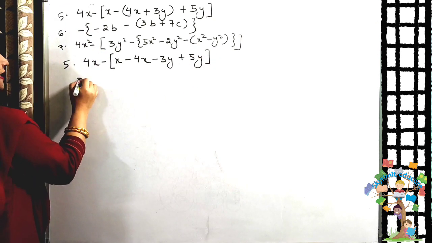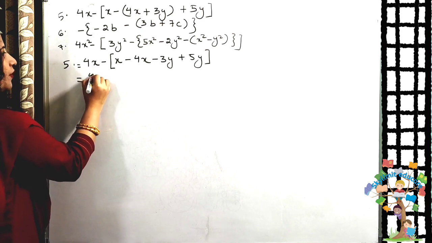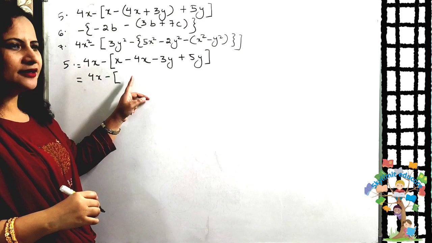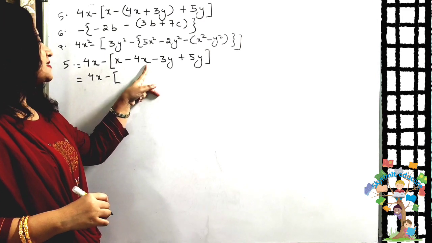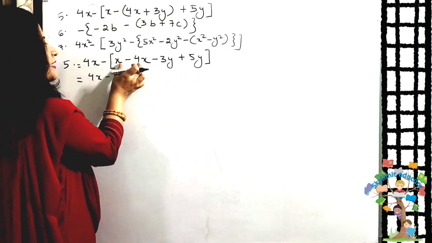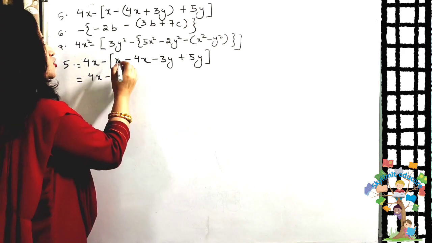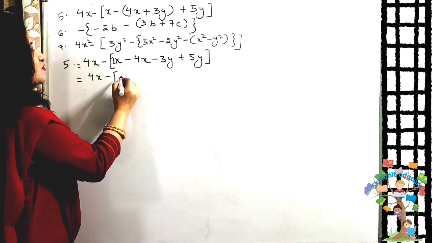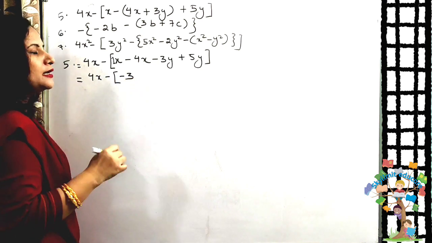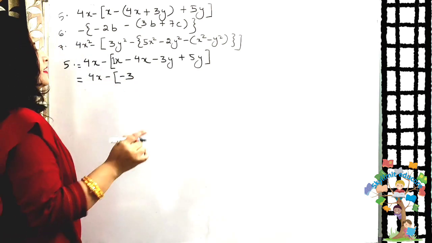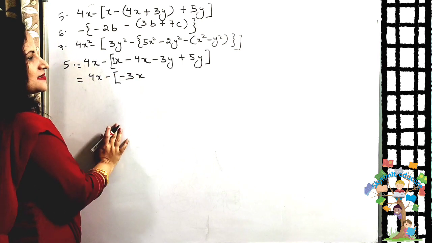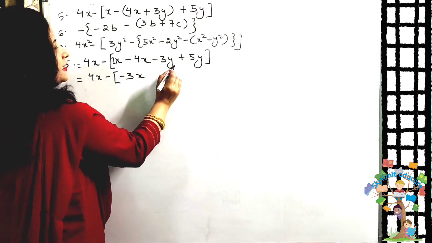Over. Now the next step, 4x. Now let us check whether any like terms are there inside. Yes, there are like terms, x and x, y and y. So these two are like terms, these two are like terms. So here no number is there. What is the number? 1. So 1 minus 4 is obviously how much? Minus 3. Now you know integers, okay? So 1 minus 4 is minus 3. And what is the literal coefficient? X. Clear?